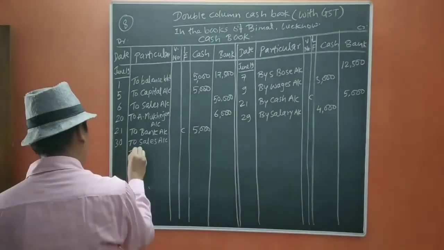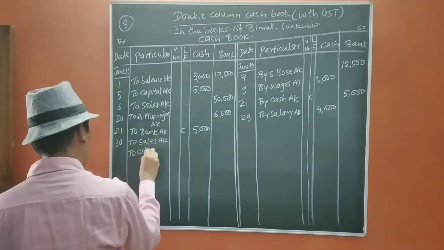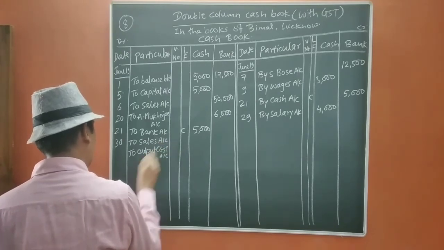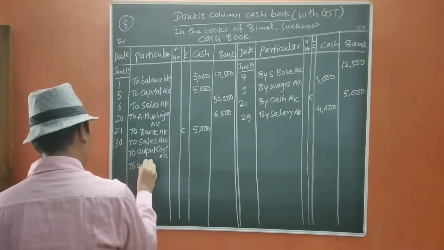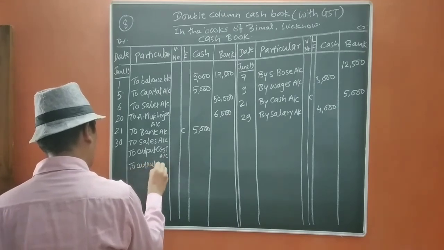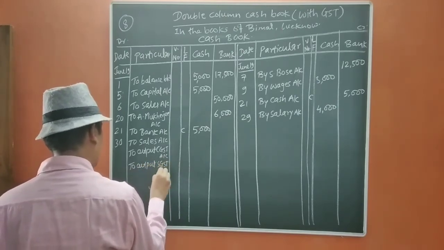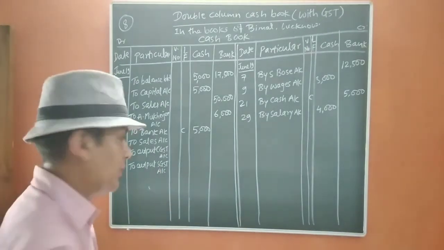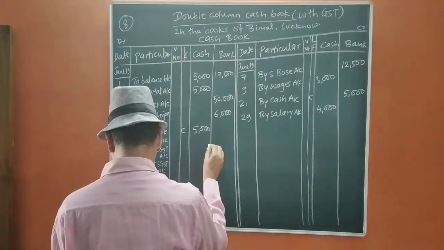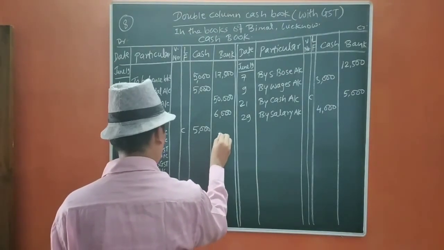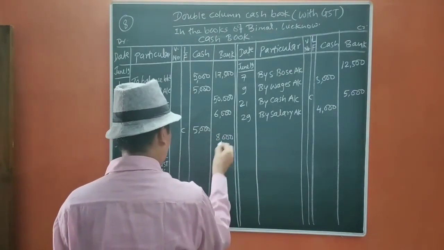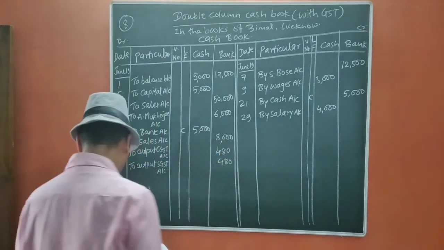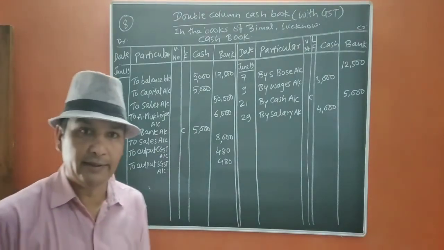to output CGST account, to output SGST account. You should remember, whenever you are going to sell the goods, it is going to be output. So the amount is 8,000 in the sales and 8 sixes are 48, 480 here. Okay. Now June 30